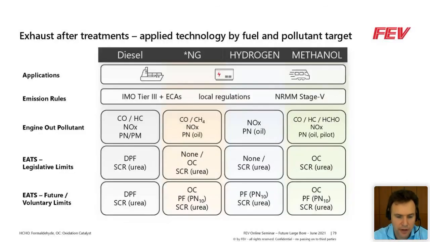And so if we now finally discuss emissions, we can see that the emission will depend strongly on the application and also on the emission legislation. Like Andreas explained a little at the beginning, there will be a lot of different regulations. Some are global, like the IMO regulation. There will be a lot of local regulation, and there is also non-road mobile machinery, for example Stage 5 or